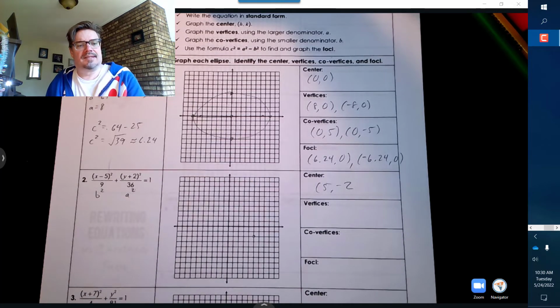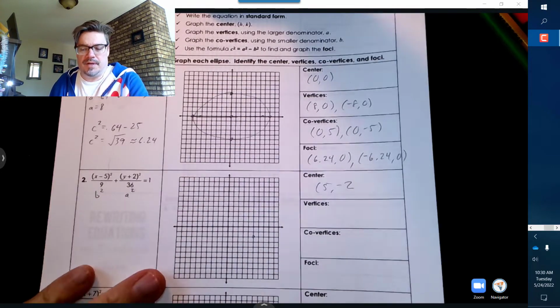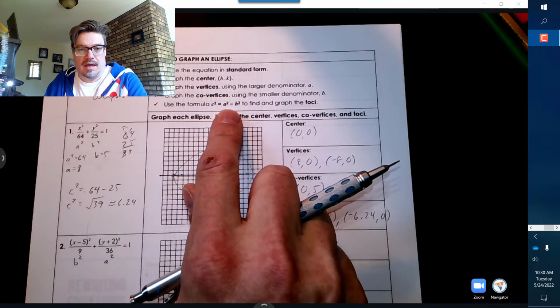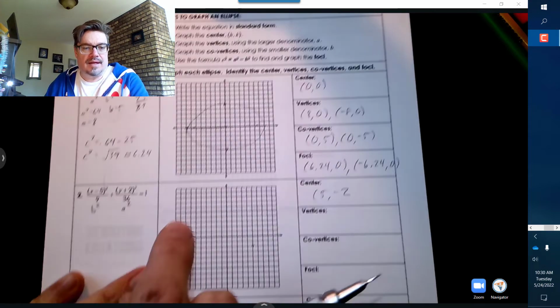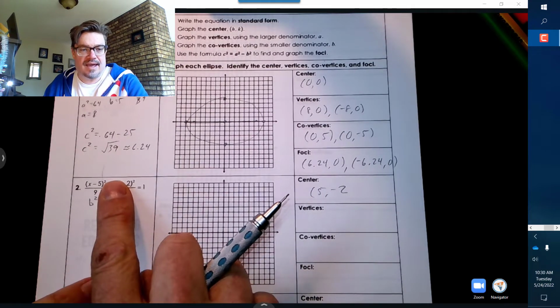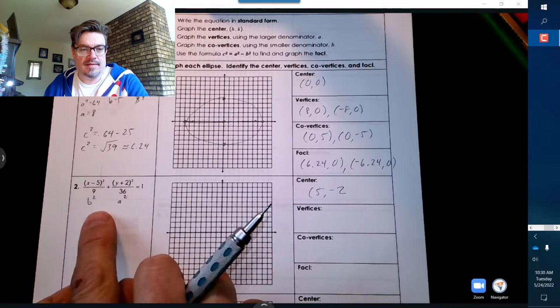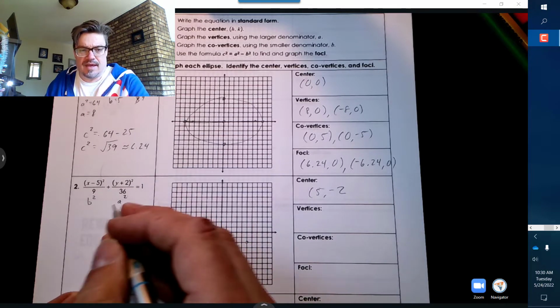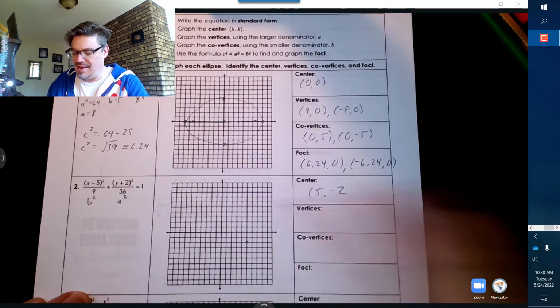What's happened is that the larger number is a. Up here, if you notice, the larger number has to be a. So that's why we are going to label this as a squared and this as b squared. Now I can find the foci since I know that, but let's go ahead and just get the